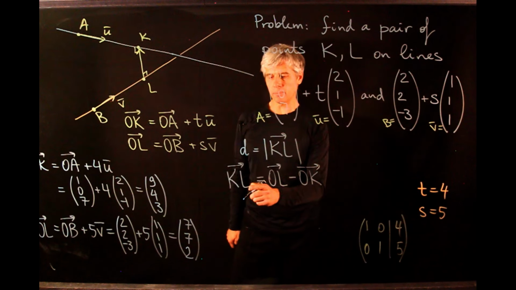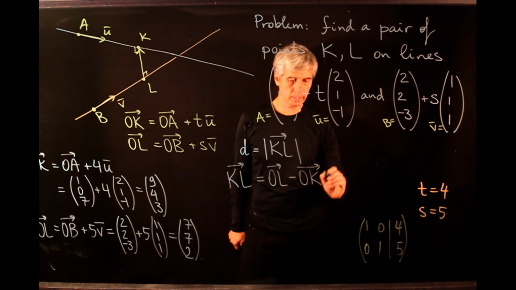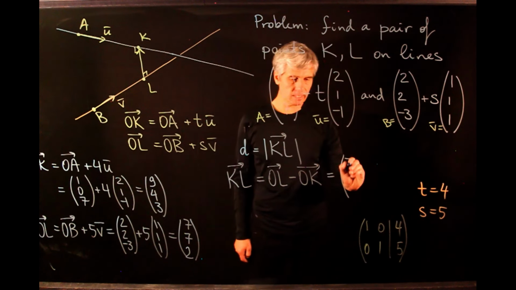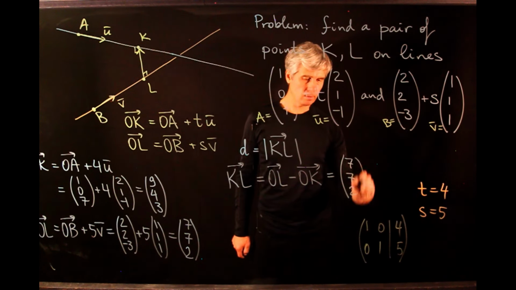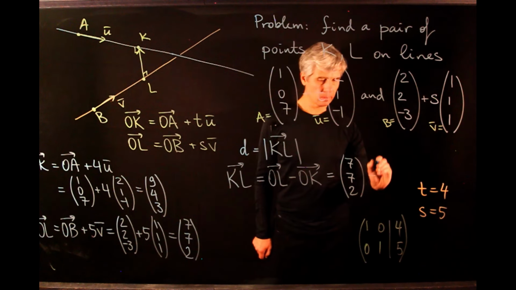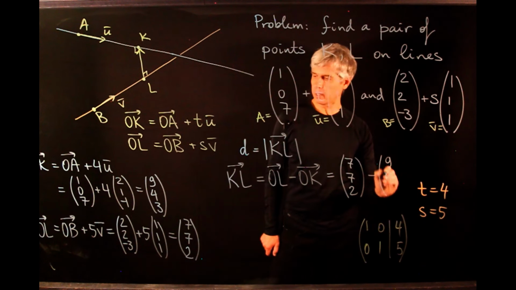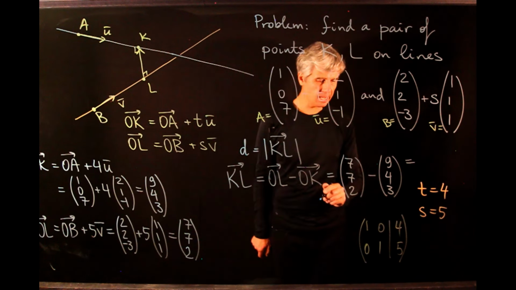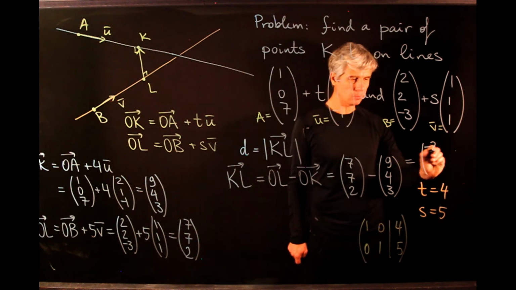So we take the endpoint and subtract the initial point. And so here we have 7, 7, 2 minus 9, 4, 3. So the vector KL has coordinates negative 2, 3,